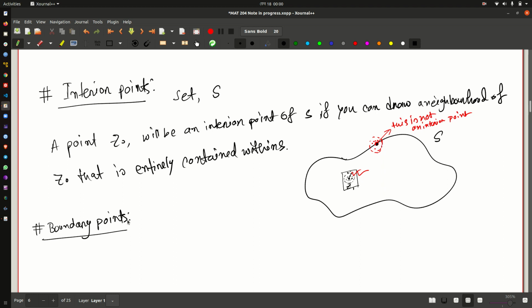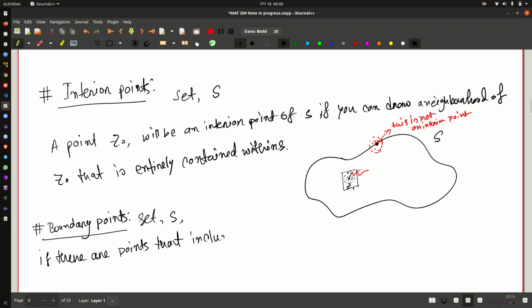So how do you formally define it right now? For any set S, if there are points that include, what I mean is that the point's neighborhood includes at least one point in S and at least one point that is not contained within S. That means if there are points that include at least one of the points